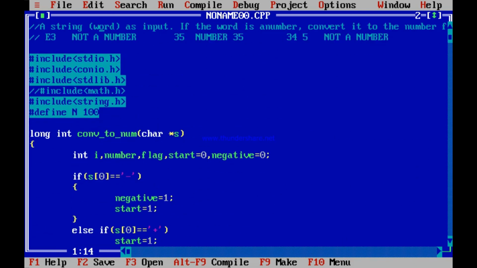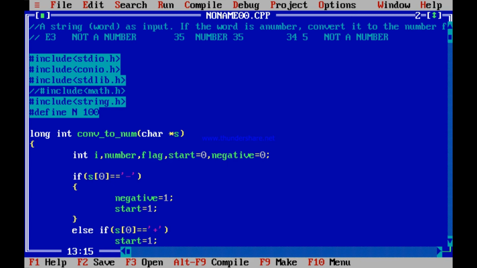So if you take long int, then chances of your success are more. Even the user can put an even bigger number than long int, but at least you give some space to the user to enter bigger numbers than 32767, which is the maximum limit of int. So long int we had decided upon, but we did not comply with that.